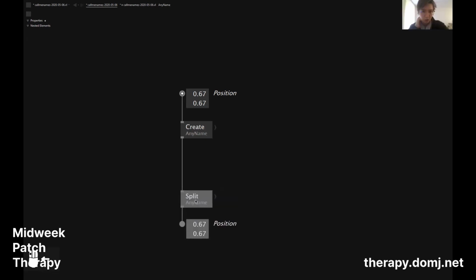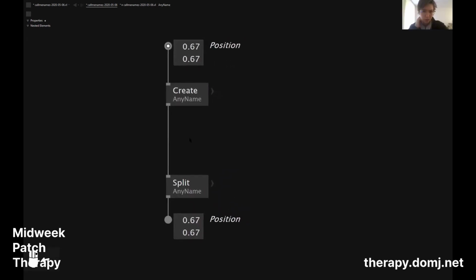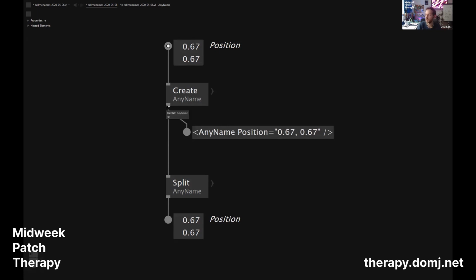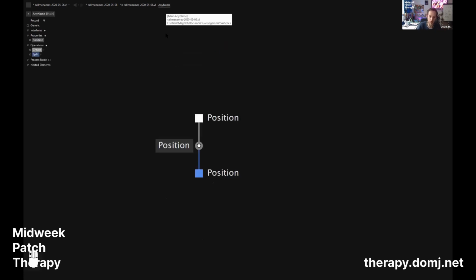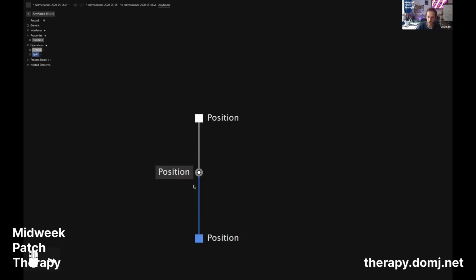Can you go over the difference between create and split? So create is a constructor. It creates an instance of your data type. You can pass it around. You can run operations on it. If I add some update that, let's say, adds some